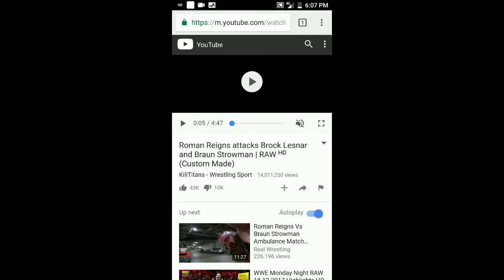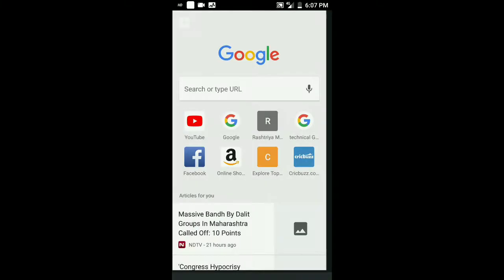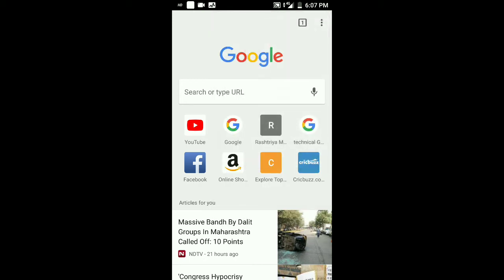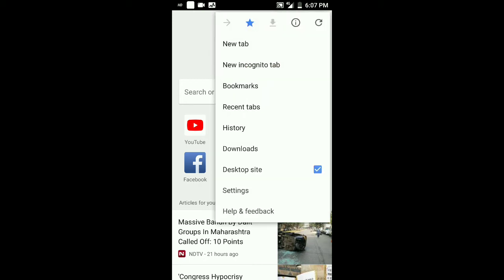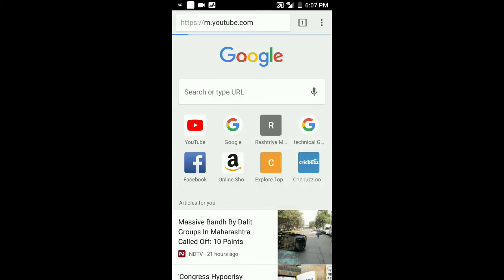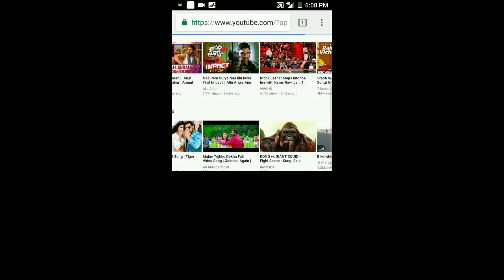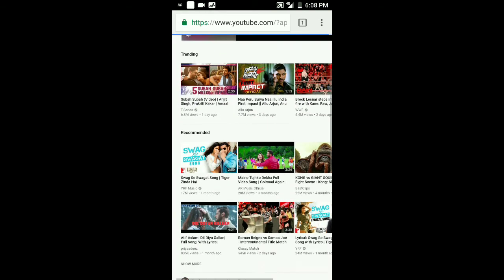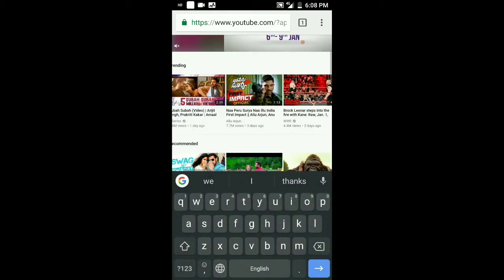So for using picture mode, you have to go to these three dots and apply desktop site. After applying desktop site, you have to go to YouTube and wait for YouTube to open, and then you can play a video like this one. So after playing,